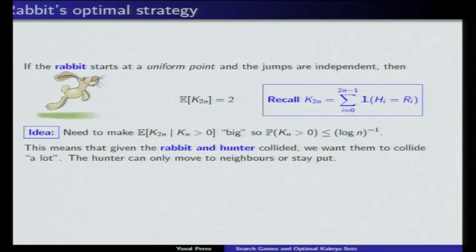And so think of the rabbit and the hunter. Once they collide, the rabbit wants to ensure that they would have many collisions after. Now, what does he know about the hunter? He doesn't know where the hunter will be. The hunter could use any strategy. But what he does know is the hunter is slow. He can only move at a linear speed. So in order to increase the chance of capturing him, the rabbit also wants to keep moving at a linear speed, but still be as unpredictable as possible given that restriction. So what is a random walk that moves at linear speed?